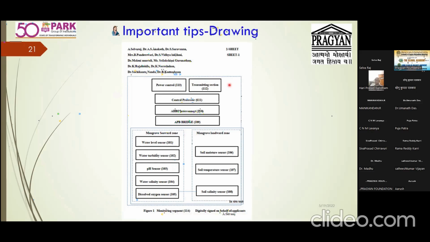Okay, so this is a drawing, and I am giving numbering. For example, you can give according to your convenience. So it's not any rules like that. You have to give like 100. You can put like 1, 2, 3 also, but I can give three digits like 109, 110, 111, like that. Okay, 108, 107.